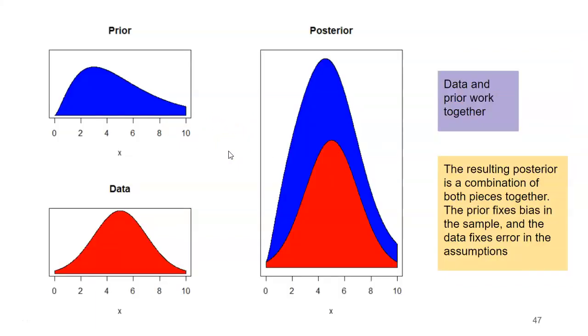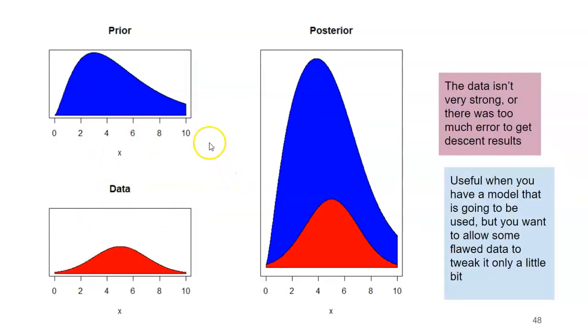This is the way that you would envision it should work. There's prior and there's data. They're both kind of strong. When you lump them together, you end up with something that's not quite the prior, but also not quite the data. It's somewhere in between. And this is kind of the ideal. My prior expert knowledge helps fix the fact that the data wasn't quite showing things the way it should have been, but my data also helps adjust that my prior wasn't spot on either.